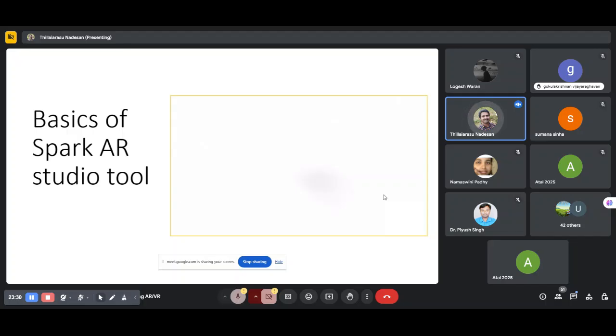But with respect to these tools only, we can create our animated environment, or we can say metaverse. What exactly is the metaverse? A computer-generated environment. This environment is created by the computer. Based on what we are thinking, the computer creates the environment. If we want a multi-storey building, we can create it. So this studio tool is what we use to create our virtual environment.